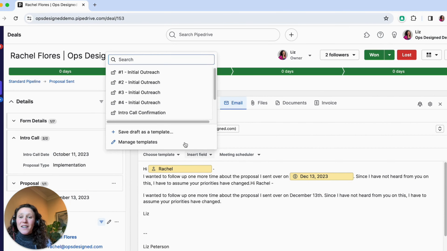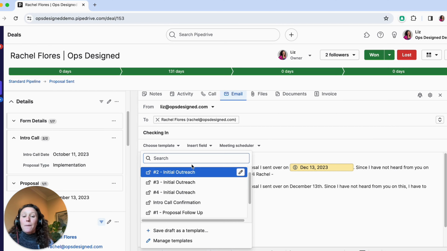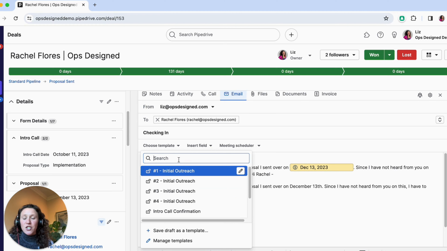And then another thing I want to call out here is the way you name your email templates can help your reps work much faster or much slower within Pipedrive. So I like to use a numbering system as well as put the name of the type of email that it is, because you can see here I've only got 8 templates in here, not too much to search through,